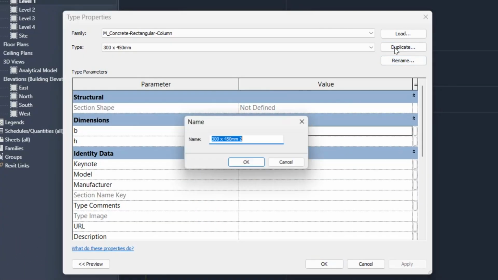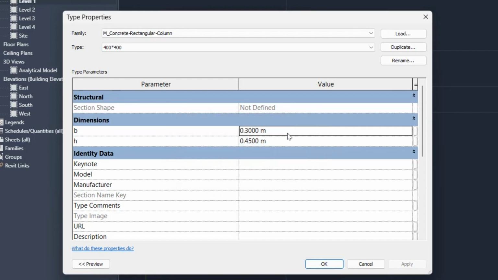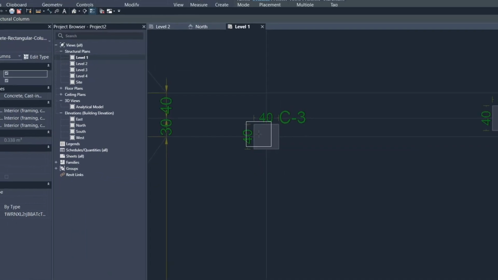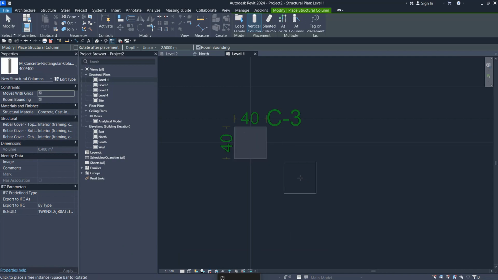Let's go to the edit type. Let's duplicate it. 40 by 40. And for the dimensions in here, we can do the same. And now we have the new type that we need. And now we can place it. But before placing our